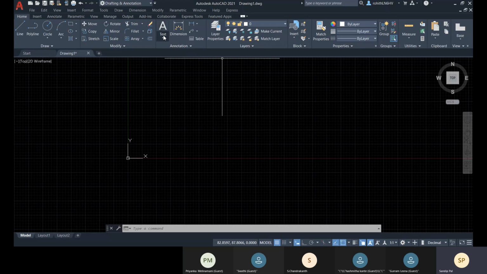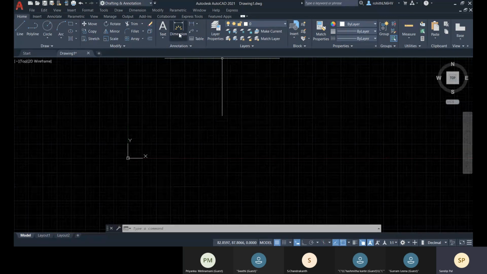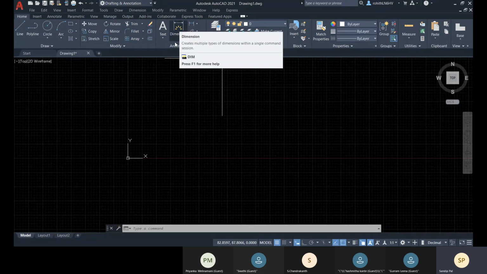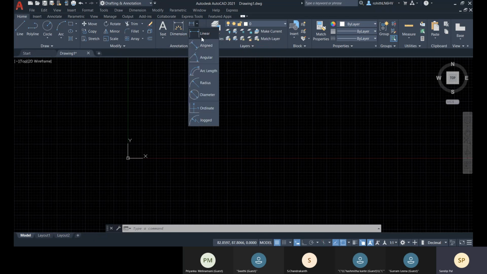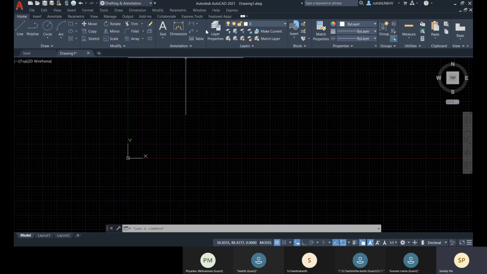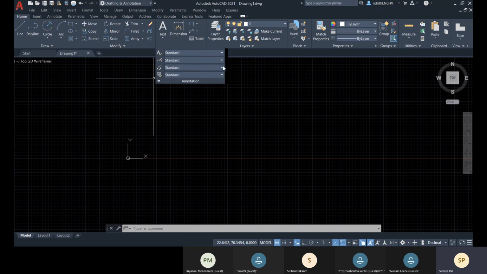Here we have text, dimension, and with this single tool you can apply all the dimensions. For specific dimensions you have this list, and we have multi-leaders, table, and under this drop-down list you can get the dimension style, multi-leader style, and table style manager.